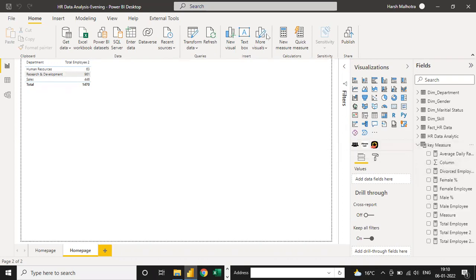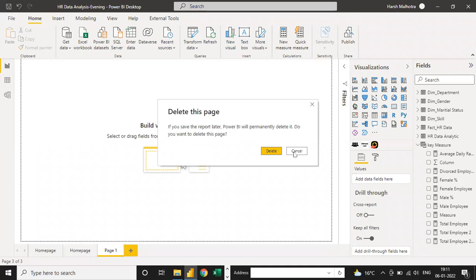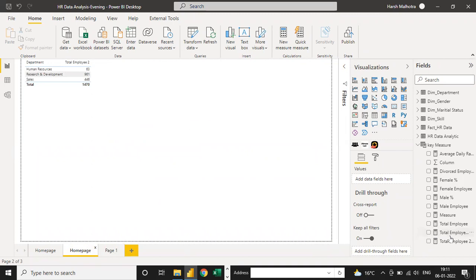Harsh, can I ask you something? Yeah, tell me. Yesterday, when we were running the calculations, you counted employees and we selected the table. I have a doubt: when you say count employees, does employee have to be the name of a particular column header, or will it understand that it is the employee column header?